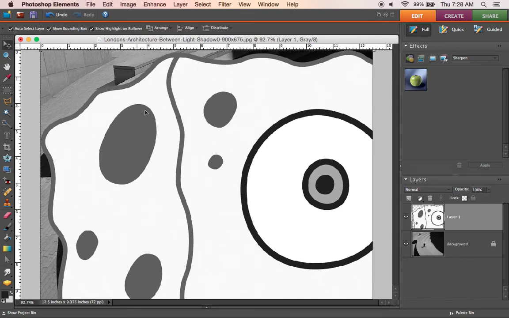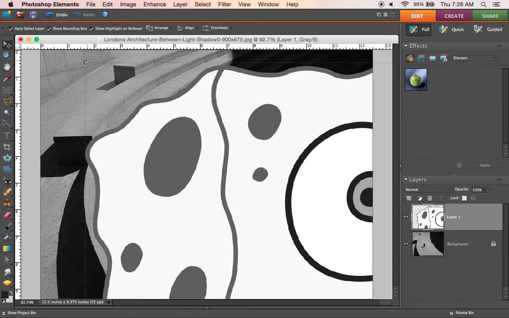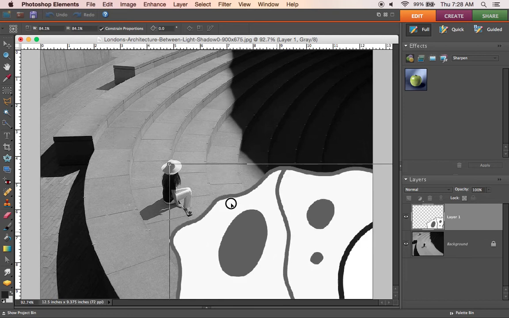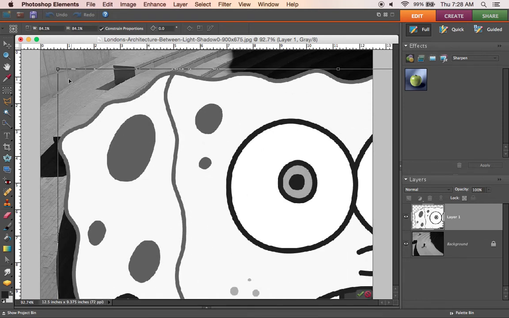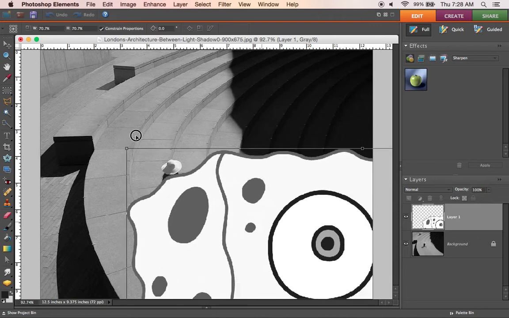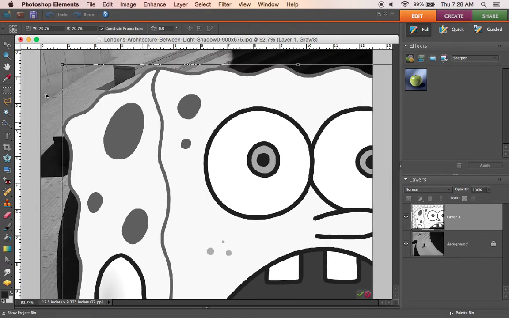Okay, he's way too big. So let's just shrink him down some. And because it's a color photograph, when I pasted it in here, I'll tell you what, let's do it this way. I'm going to go ahead and delete him